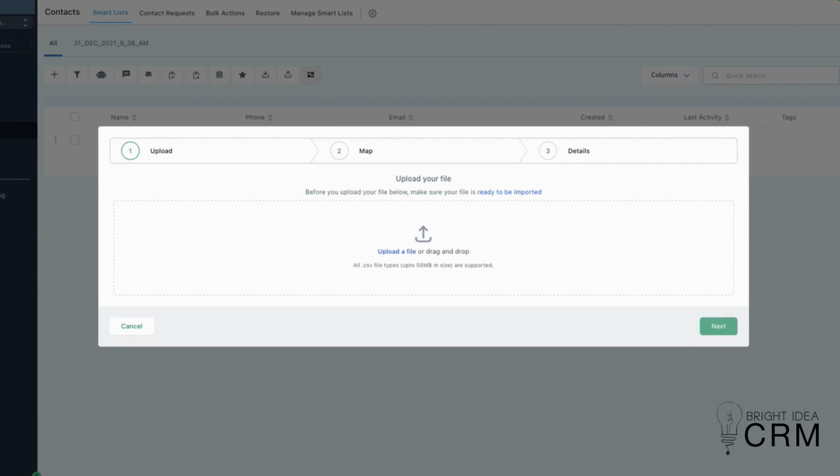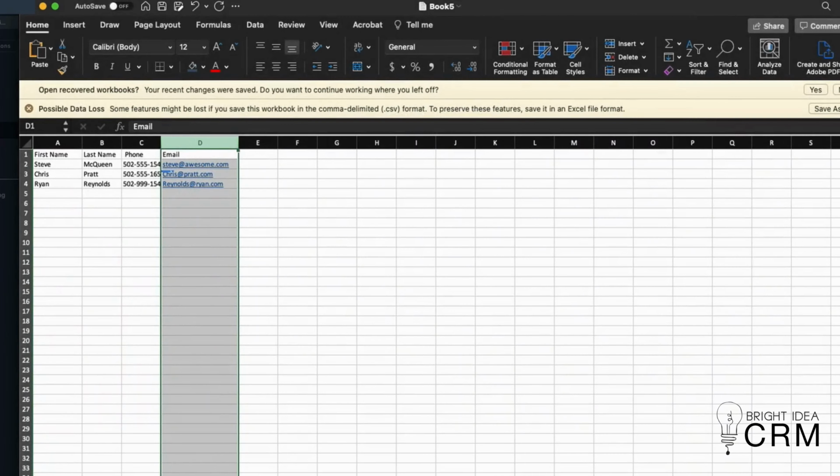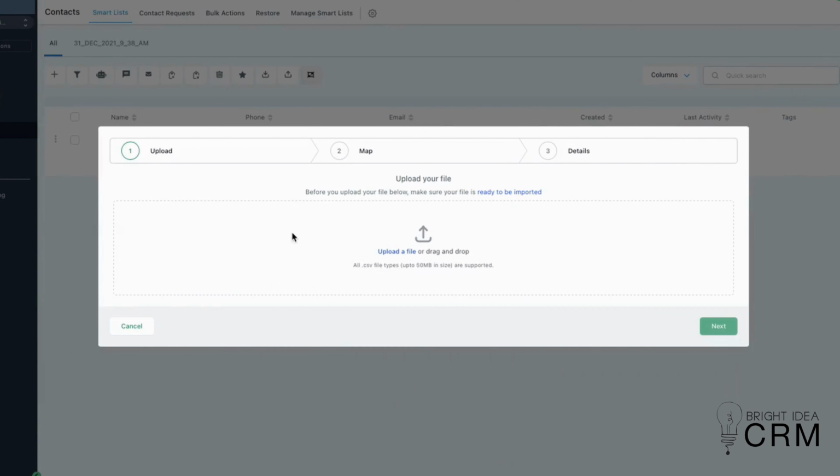Now, once you've got that ready to go, you've got your file looking good here, what you want to do is export this as a CSV. So on a Mac, I'm going to do File, Save As, and it's going to bring up a sub menu here where we can change the file format. Most likely it defaulted to Excel Workbook. It can't read this file. You've got to send it off as a CSV. So you want to change the file format to CSV or Comma Delimited, and then click Save. Once you do that, it's going to export your Excel file into a CSV file that can easily be imported. So we're going to minimize this for a second and jump back over to the CRM,